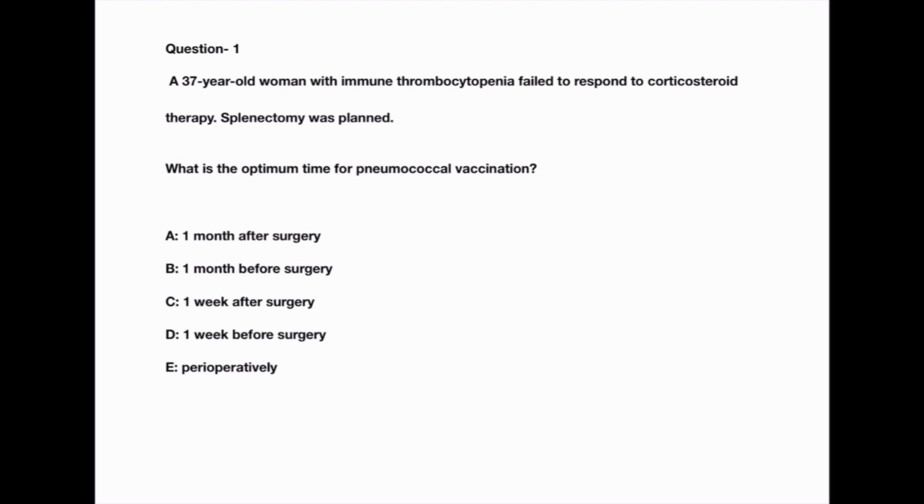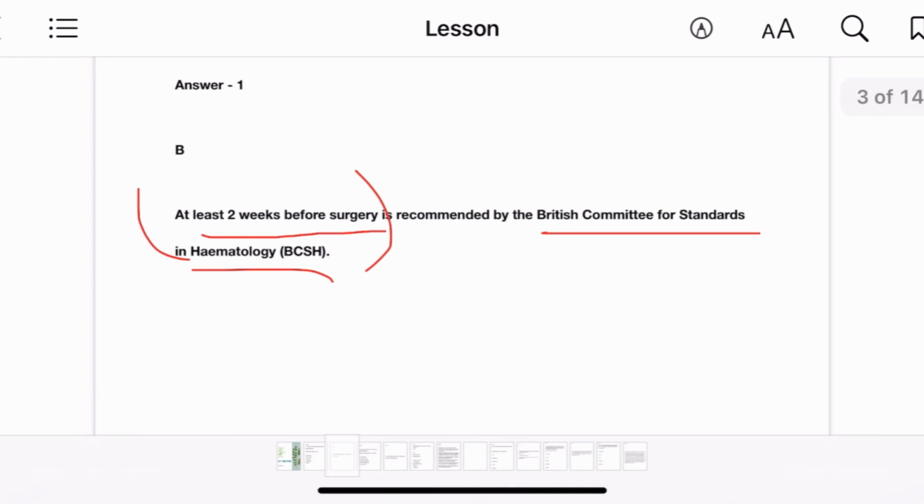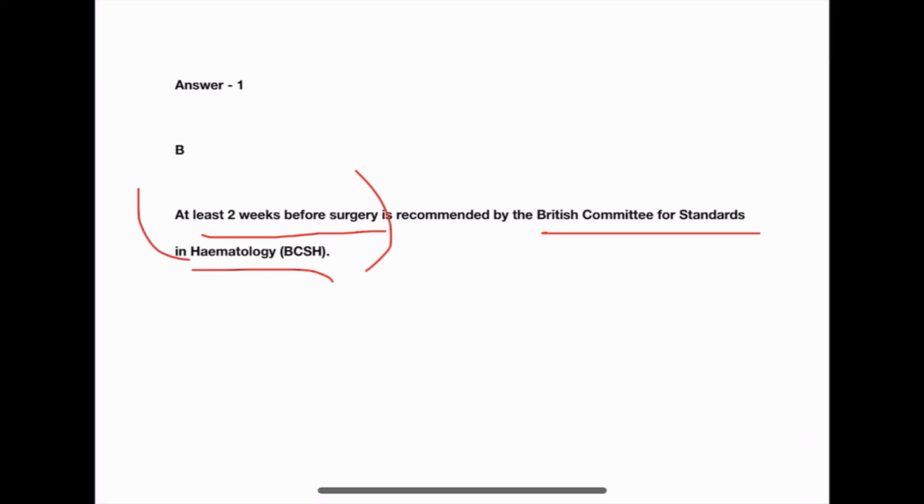The answer for this question is option B, 1 month before surgery, because it is recommended that it should be administered at least 2 weeks before the surgery. Pneumococcal vaccination is done at least 2 weeks before the surgery as per the British Committee for Standards in Haematology. So this is a simple question, a fact based on information: the British Committee for Standards in Haematology recommends we administer pneumococcal